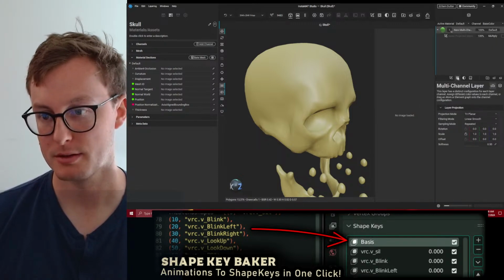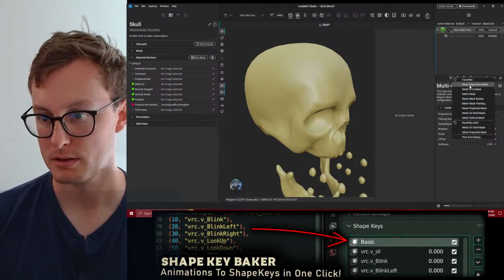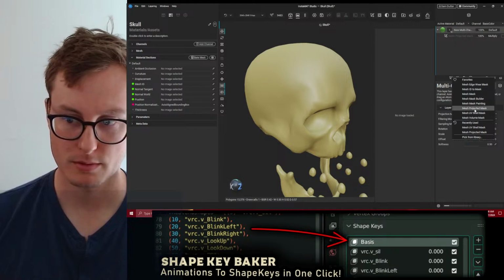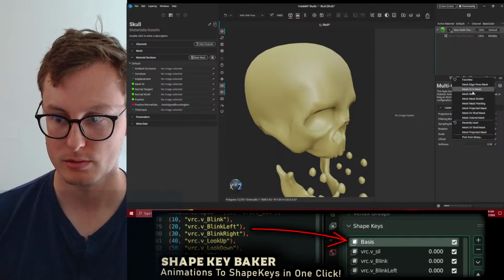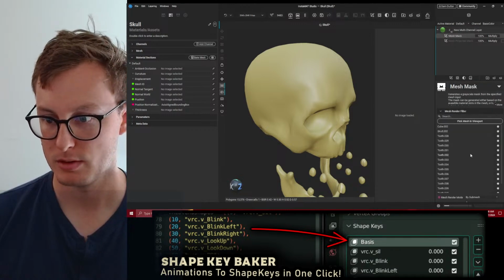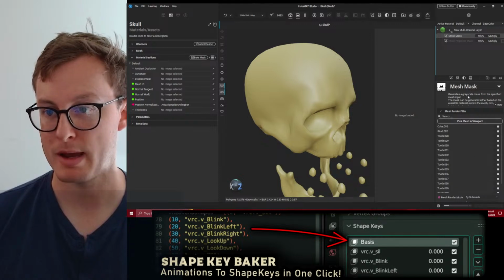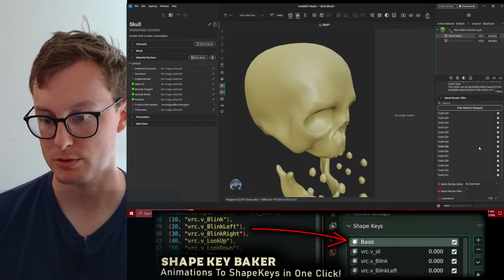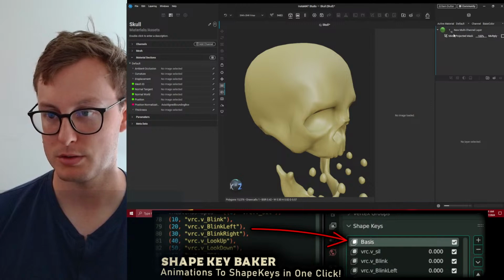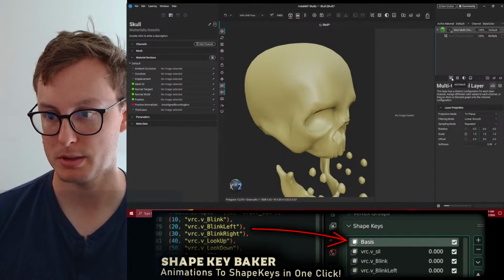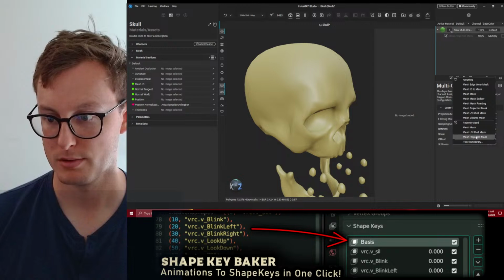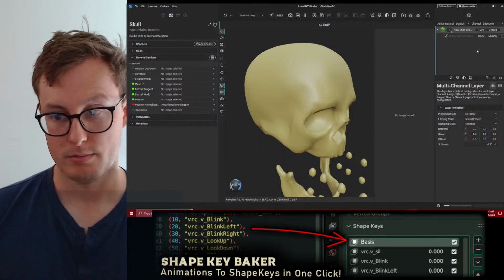We do need a mask. Oh, this masks it by mesh. Interesting. I would just like an image mask, please. Mask builder.